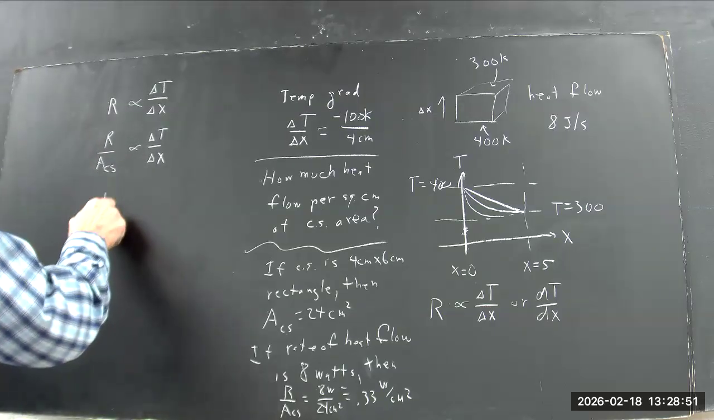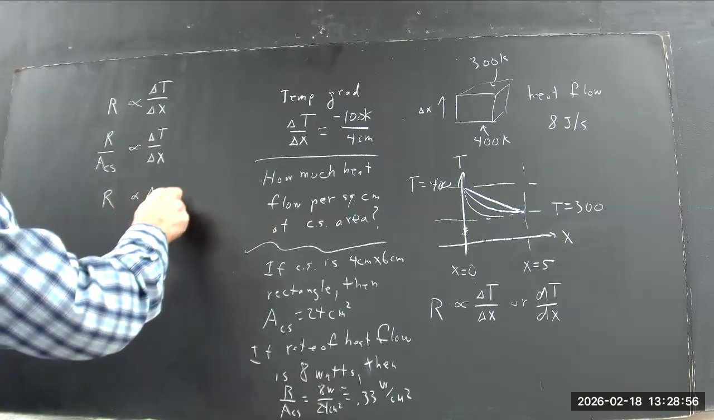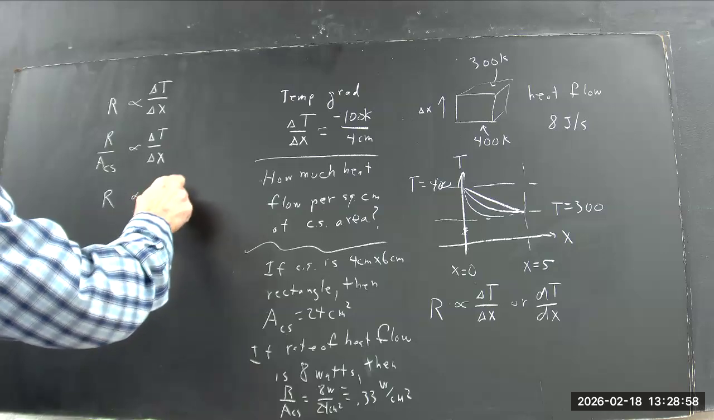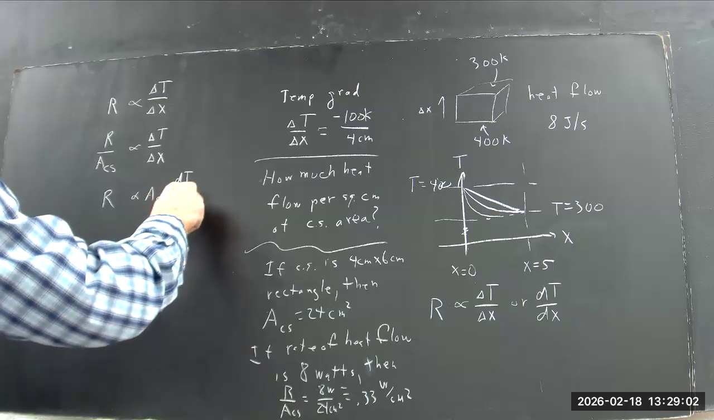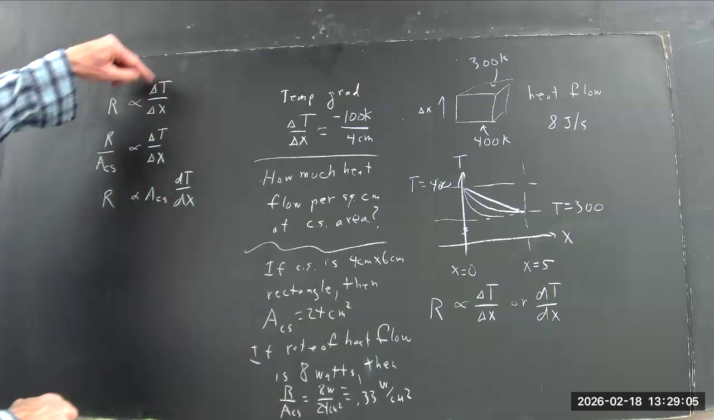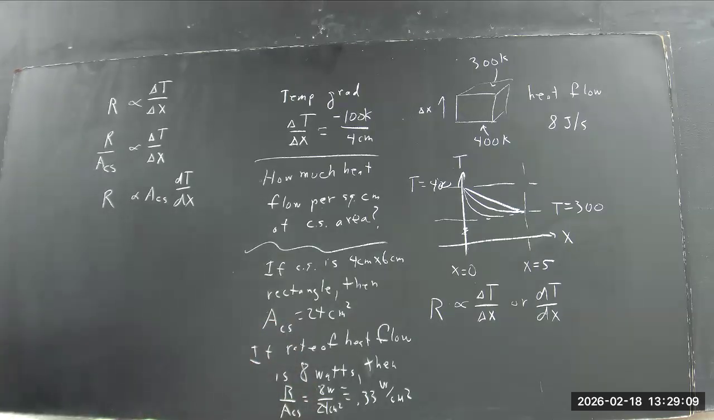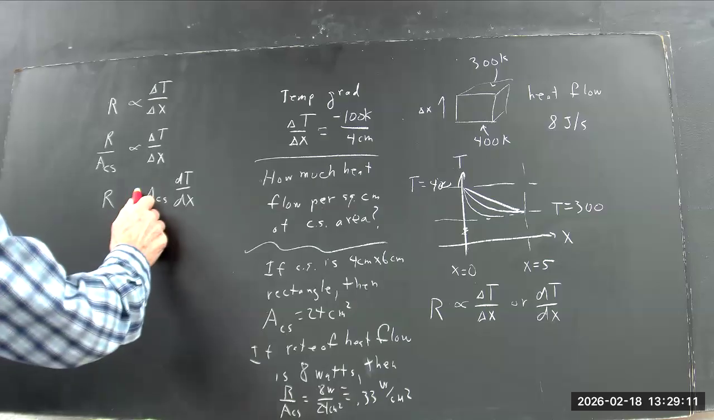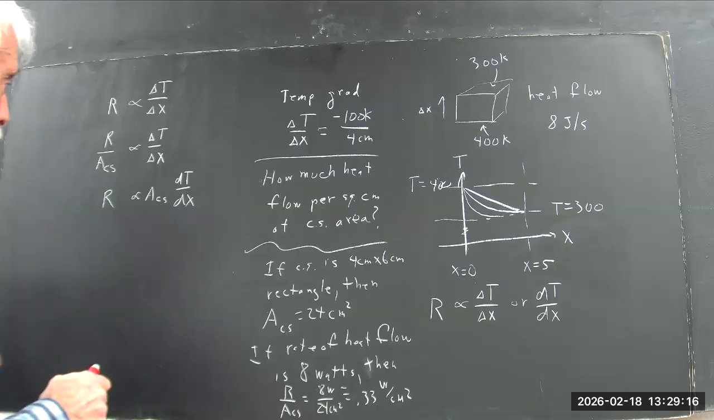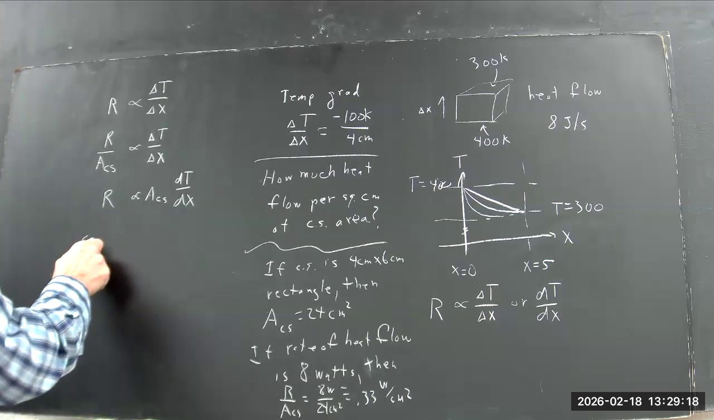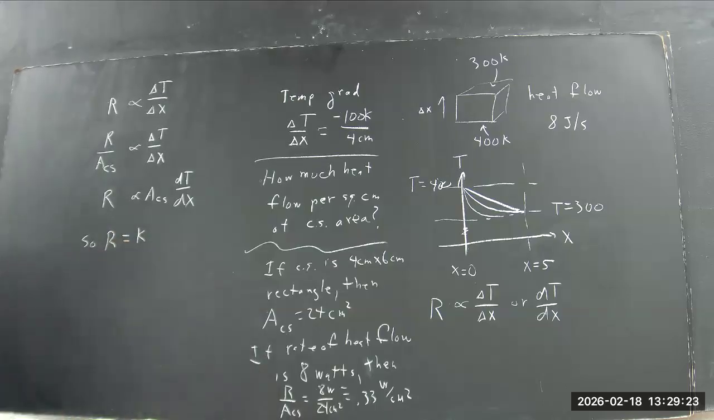Well, this means then that rate is proportional to the cross-sectional area times temperature gradient. I'll use dT/dx because that's general. If it's constant, we can just use delta T over delta X. And in this case, it's constant, okay? So the rate is proportional to cross-sectional area times delta T over delta X, or dT/dx. So rate equals a proportionality constant